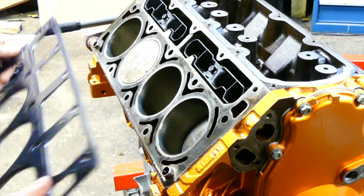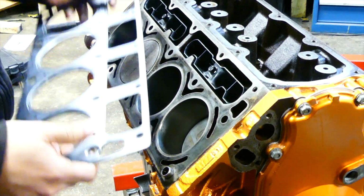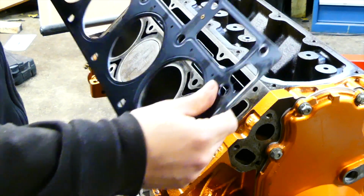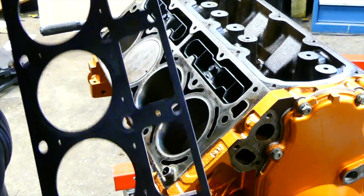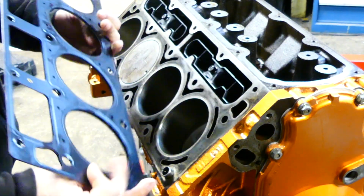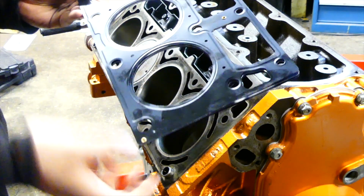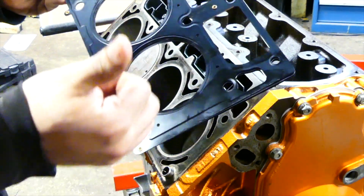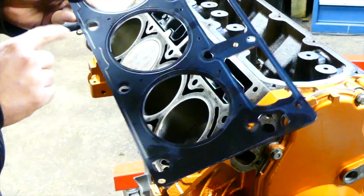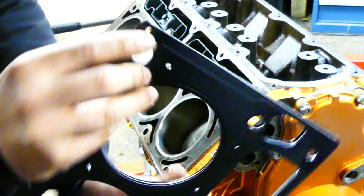All right, so we got the dowels in. Now we're gonna put the head gasket on. Important to note, when you have a head gasket like this, it's not marked. It doesn't tell you which is front or which is back. Normally, I go rivet side up, right? The rivets are pointing up, so that's how the back of the rivet looks, and this is how the front